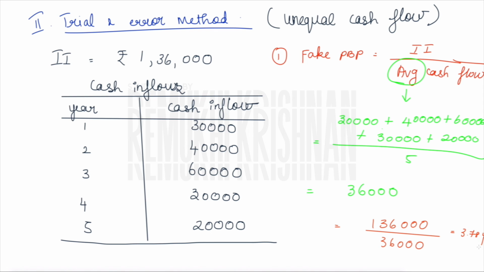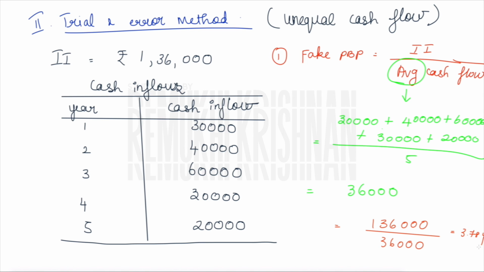Okay, if you have followed my payback period video, there also we have divided the calculation part into two. One is when there is a uniform cash flow, I will be substituting this direct formula. Or when there is an unequal cash flow, I will be finding my cumulative cash flow, and with the help of that cumulative cash flow, I will be arriving at my answer.